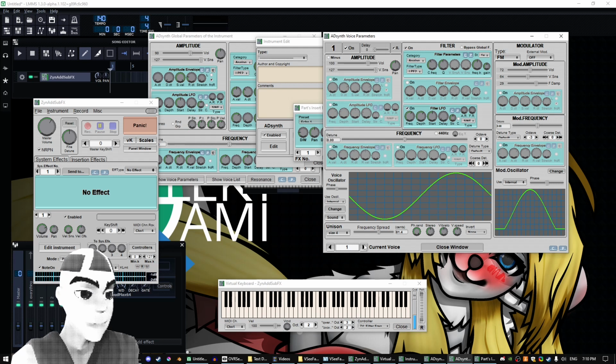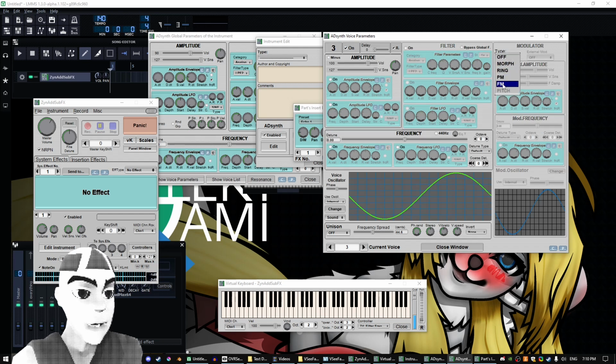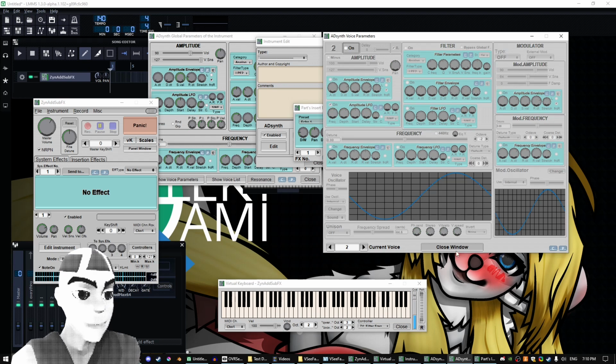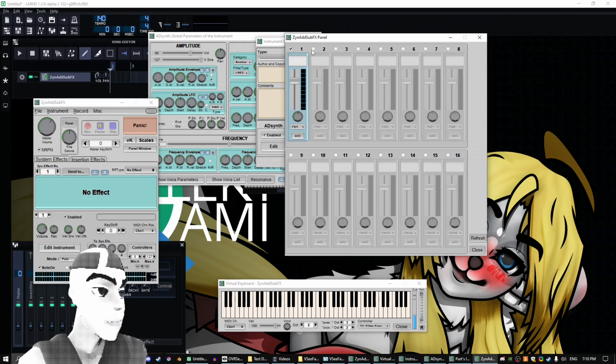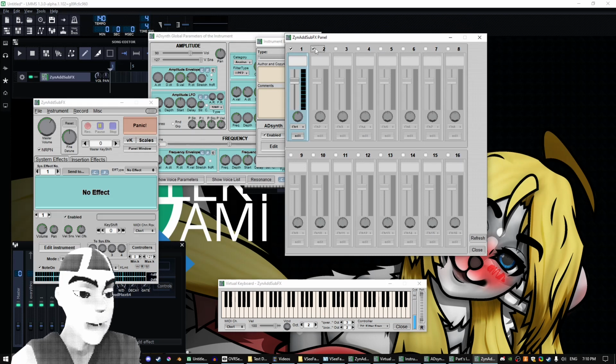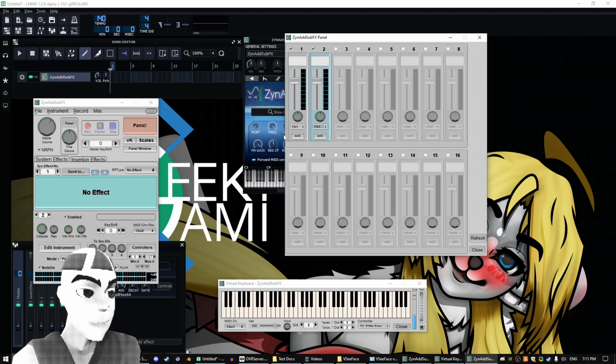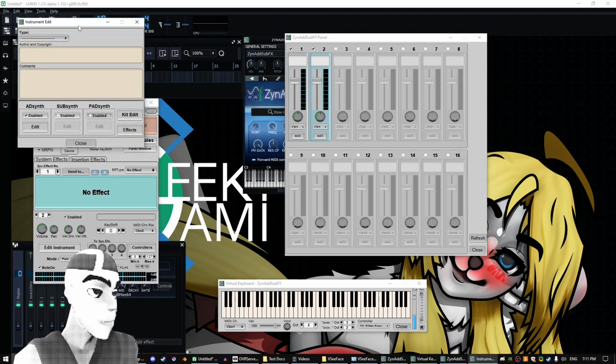Now what we could do as well is just go crazy, you know? So let's just take this, lower the volume, and then use it as the modulator for this. What we'll actually do is just take this nice little waveform here and make it part of another part of the instrument. So what we'll do is go to the panel window right here, and then this lets you make multiple instances of Zyn within itself. So we're making this, and the channel here is the MIDI channel. We want them both to be on the same channel. So now after clicking edit, we go in here,